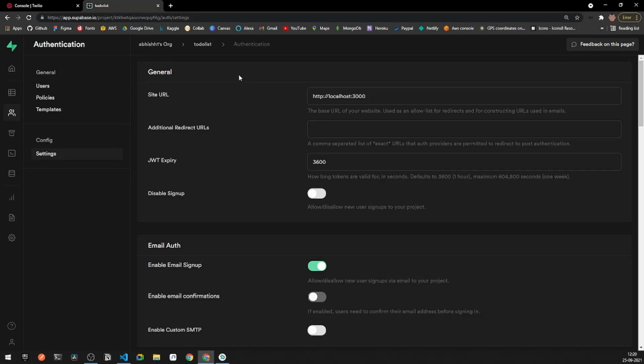In this video, we will be authenticating all of our users with the help of phone numbers. We will be sending OTPs to their phone numbers, and through that OTP, we will be authenticating all of our users. So first thing first, you have to go under the authentication tab of your Supabase project, go under settings